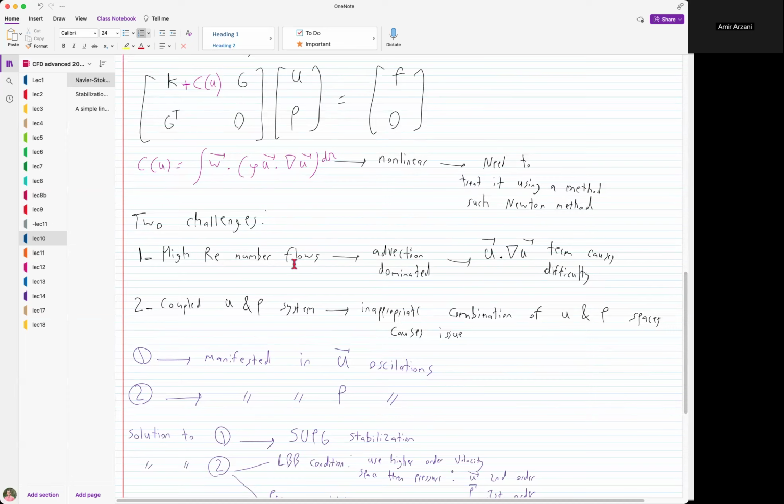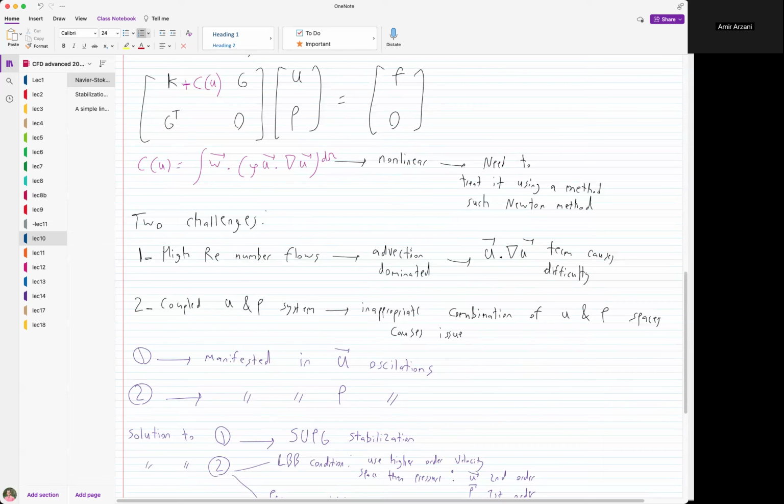But as I'll talk about later, in the fractional steps method, it turns out that even without SUPG stabilization, for the fractional steps method, which we'll talk about in the next lecture, we can still get good results. We don't really need the SUPG stabilization in the context of the fractional steps method. But when we're doing this coupled UP approach, where we're solving for velocity and pressure simultaneously like this, we do need SUPG stabilization, unless our Reynolds number is small enough and we can manage to have a very, very fine